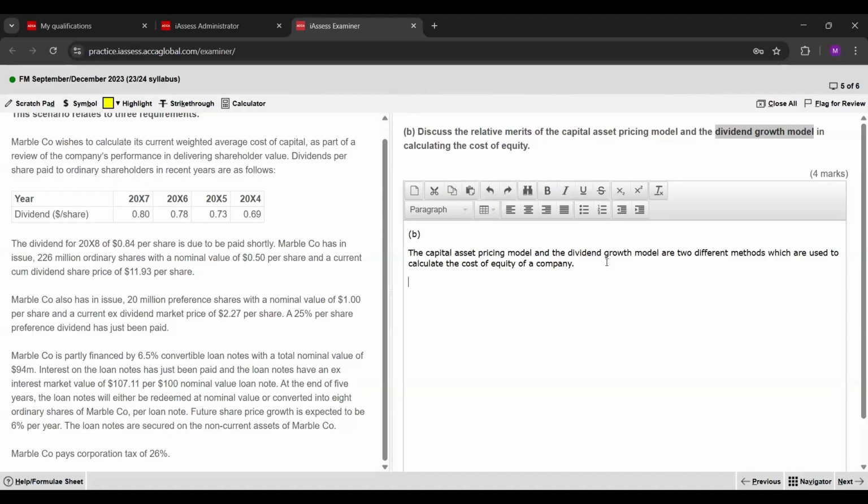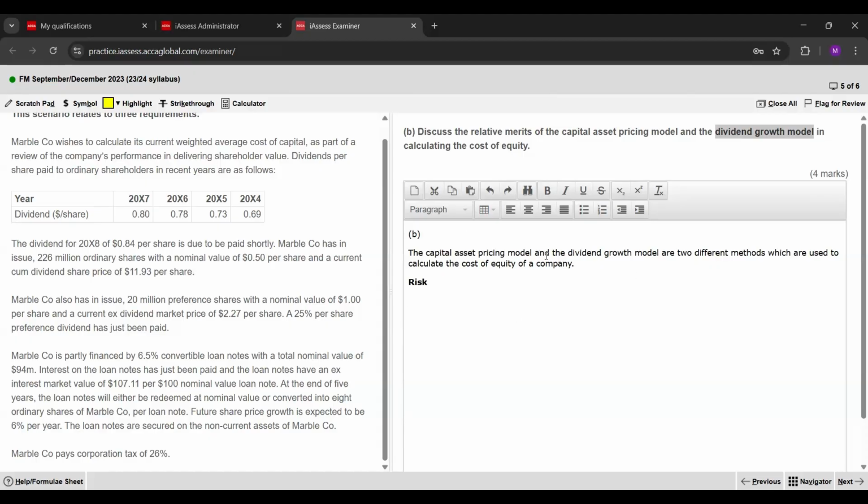Tell me what are the relative merits of the CAPM model and dividend valuation model. Give me some points. Very good. CAPM takes into account the risk. So for each topic which we are going to discuss, we are going to have a heading. We are not just going to simply write down paragraphs of points. We are going to write it in a structured way. So first thing is risk. So we are going to say,